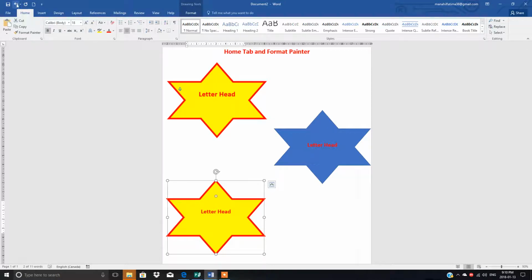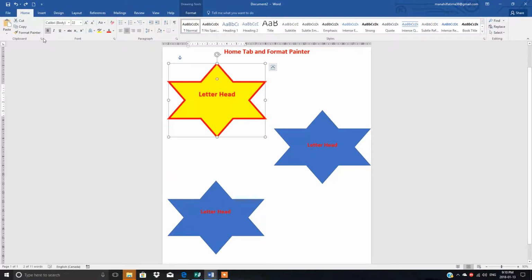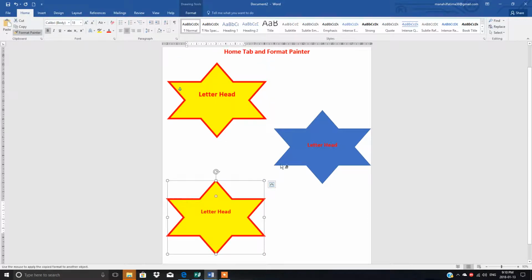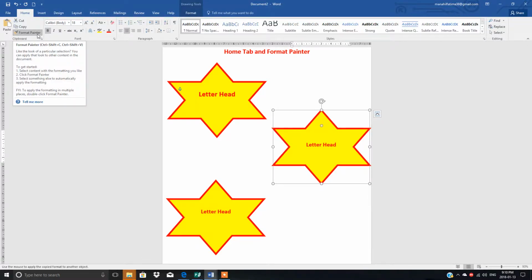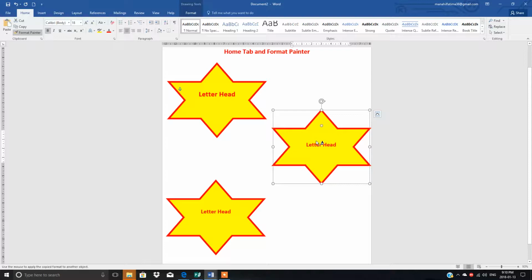But if you click the Format Painter 2 times, you can apply the same formatting as many times as you want. This is the difference. If you click one time, you can apply it only to one shape, but if you click 2 times, you can apply the same formatting as many times as you want.